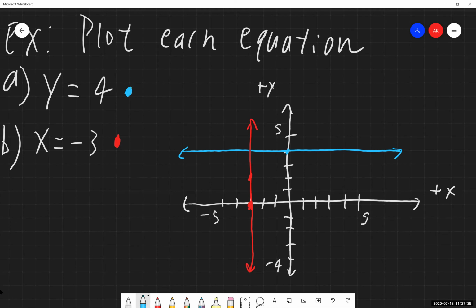Similar with the horizontal line, find where that point is on the y-axis and then just find some other arbitrary point that's just off to the side of it, like that. So that's how I would set up and plot horizontal and vertical lines. That's what I would be looking for on your scratch work. Again, you wouldn't need to find 2 points. You wouldn't need to make a table for these 2 special instances of graphing. For all other ones, though, you're still going to want to and need to find that table of points. But again, these are the 2 exception ones. This is all you would need to do.